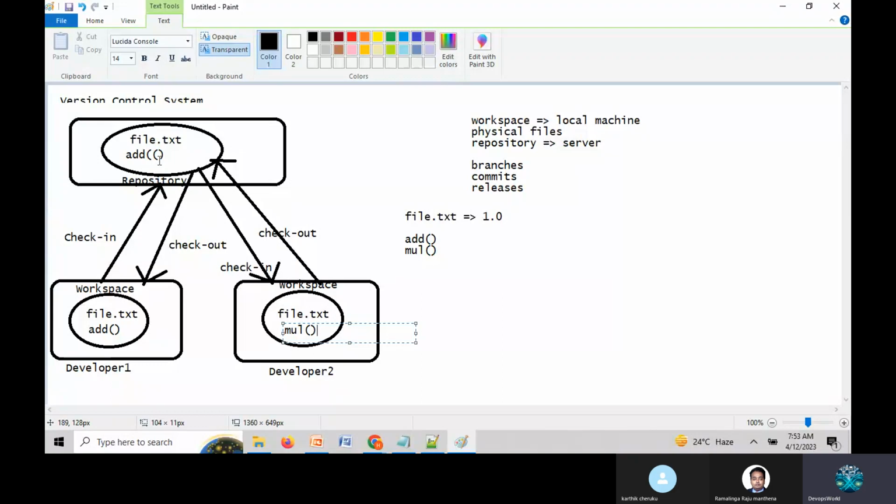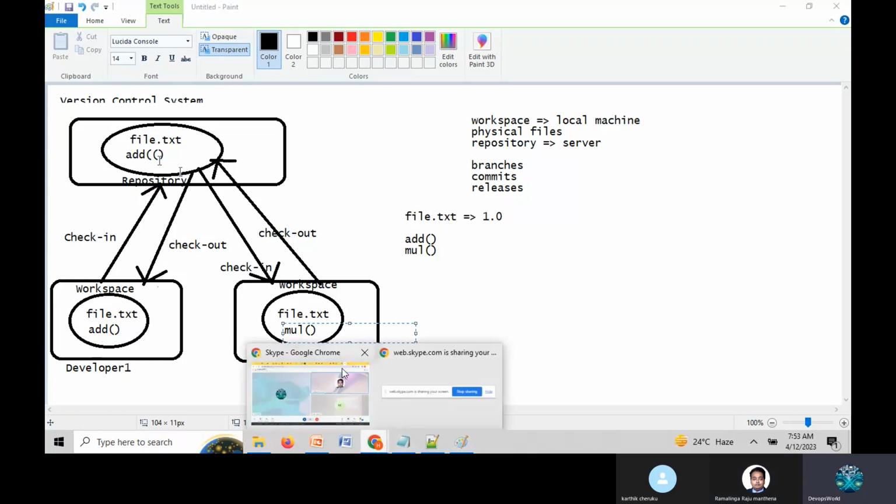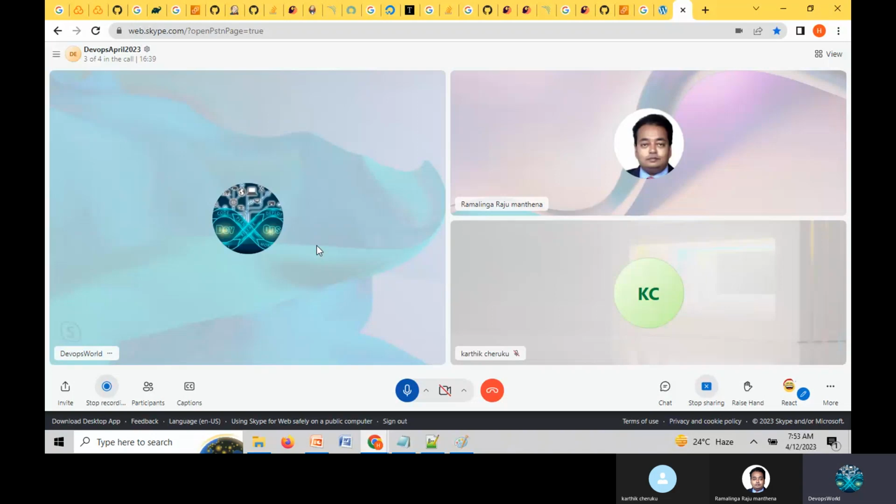Ram, Karthik, anyone, tell me what will happen if they follow this process? For developer 1 it is fine, there is no problem. What is developer 2 doing? They are using the multiplication. When they try to check in, the add functionality is already there, right?